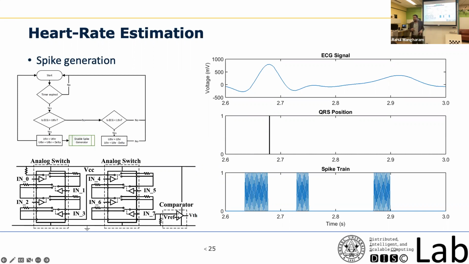Right, but I guess what I'm asking is, if you don't know what the QRS position is supposed to look like, how do you know that you will get it correct? It looks at the signal's ups and downs, the ECG signal's ups and downs. That's it. But even if you do that, you would get inaccurate results, right? By 2.9, a peak detection algorithm might also detect a peak there, and it wouldn't be wrong. So how does this algorithm know that the one that happened at 2.675 or so has these particular characteristics?